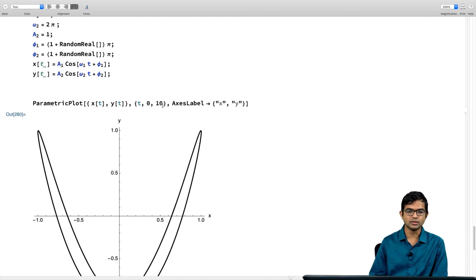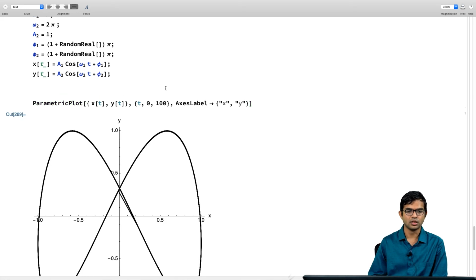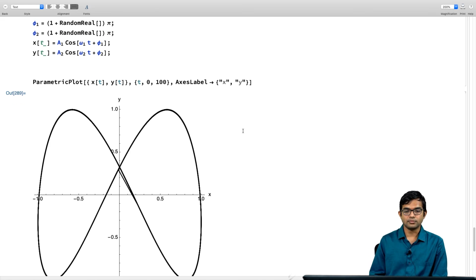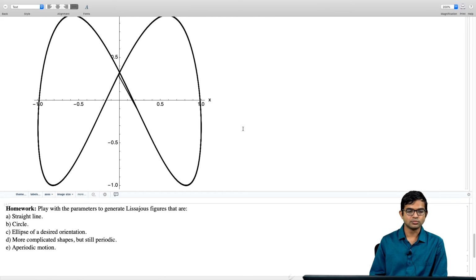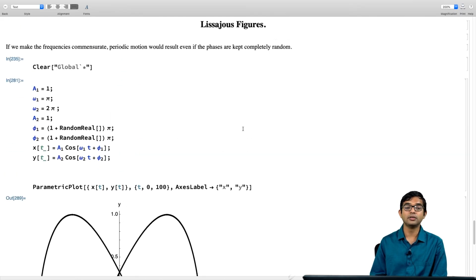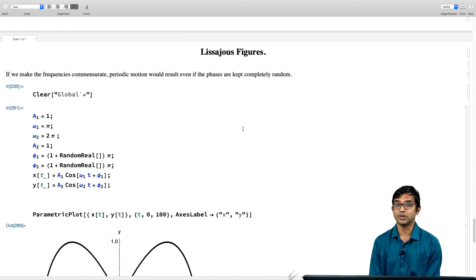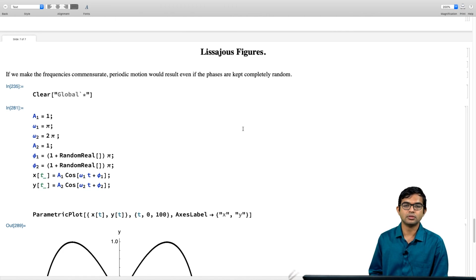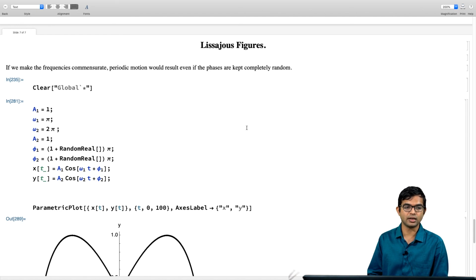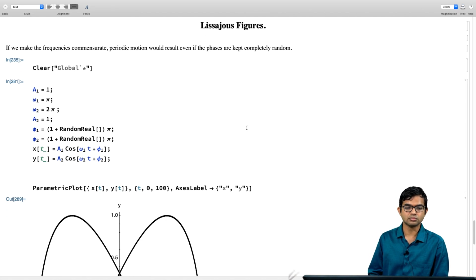You have to set the time and then the randomness and so on, but typically you will find that the system will return to where it started. Okay, so you can go ahead and play more and see if you can. These are what are called Lissajous figures. You might have already played with this. You might have played with these kinds of figures with an oscilloscope, for example, right? In the lab, if you have access to an oscilloscope, you can take superpositions of waves along the x direction, along the y direction, and you can generate all these.